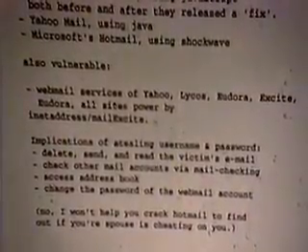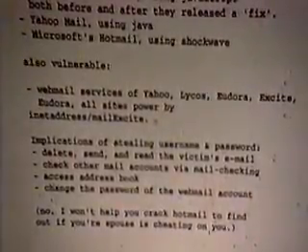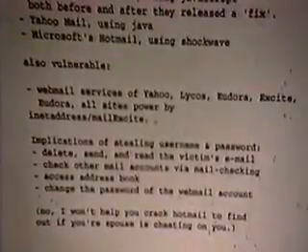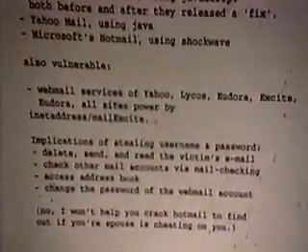What was the real-world effect if this had gone unnoticed? The implication of stealing usernames and passwords from these services is that it allows the bad guy, in the case of a webmail service, to delete, send, and read the victim's email, and to check other mail accounts via mail checking. For those of you that use Hotmail, you'll know that you can configure it to check email on your other accounts. They could also access the address book, change the password of the webmail account itself, and play around with preferences. You wouldn't want a script kiddie getting into your